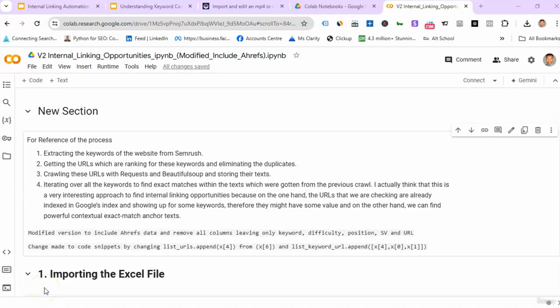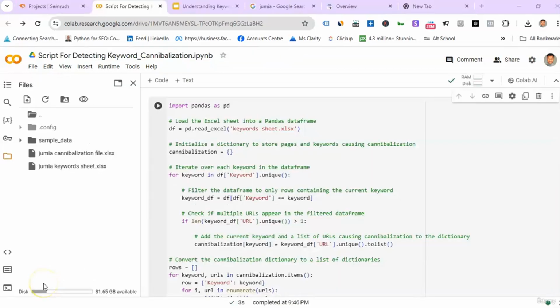Now let's dive into the practicalities of how this code will function. This Python script is going to help us detect keyword cannibalization across any website that we own. For this script to work, as you can see, there is a data frame here, df. It's a pandas data frame that is derived when pandas reads an Excel file called keywordssheet.xlsx. So this means that we are going to need an Excel file to conduct the cannibalization detection process via